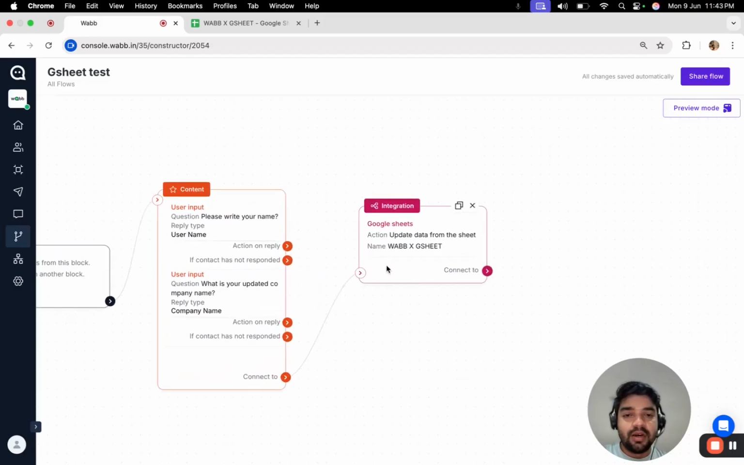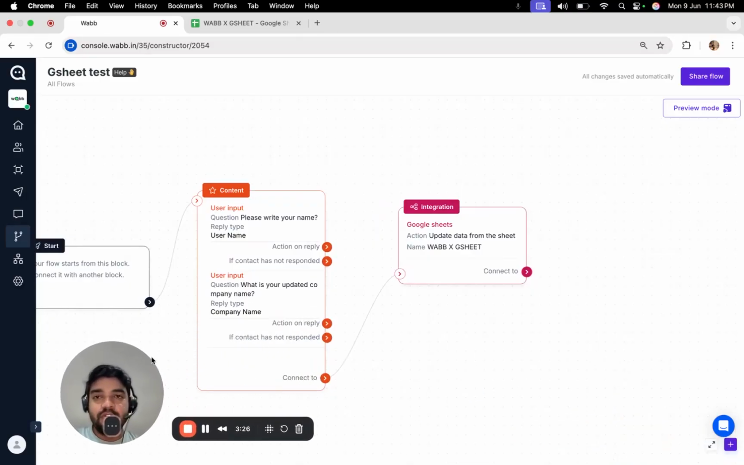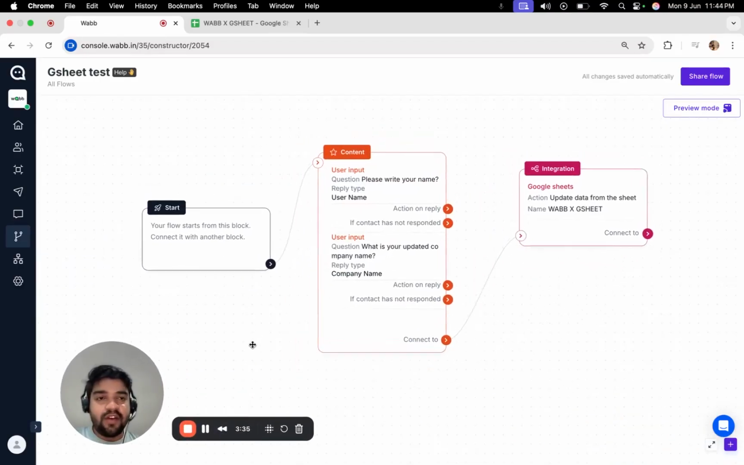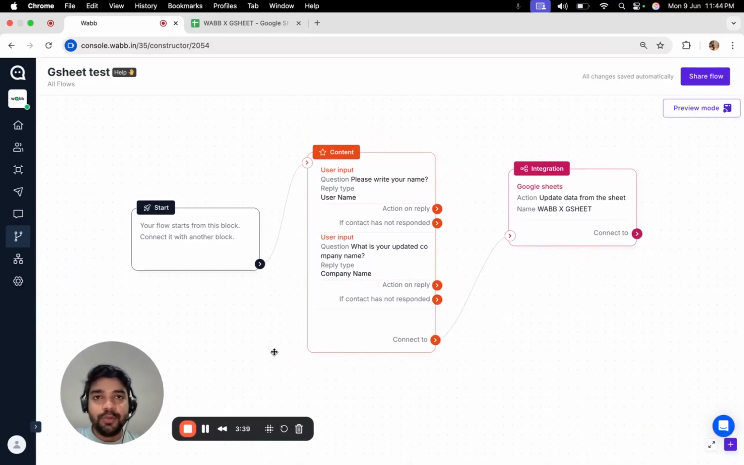So this is the magic of Google Sheet, using which you can not only fetch the data, but you can also add a new row, or even update existing data from the Google Sheet. So this was it for this particular